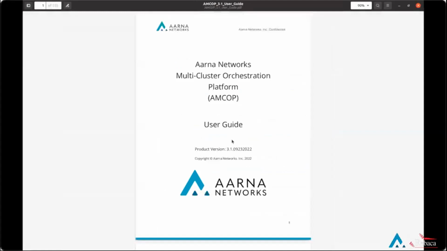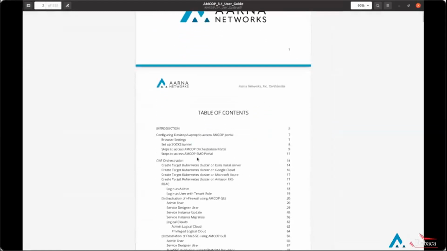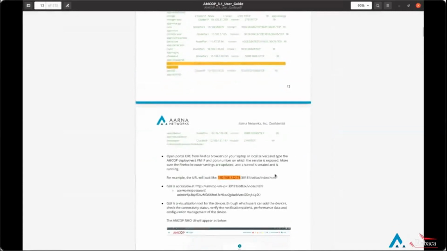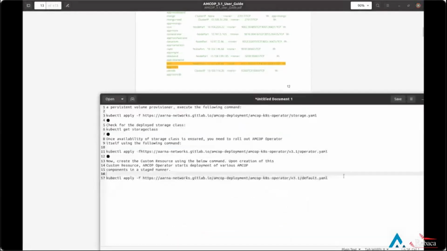We'll refer to the user guide for accessing the SMO portal. So here we have a section called steps to access AMCOP SMO portal. Go to that page, and this is the URL for the AMCOP SMO. AMCOP SMO is a web-based UI where you'll be using your browser to log into the SMO. So here this 192 series IP will be your VM IP, and you need to replace it with your respective VM IP. So let's copy paste this URL here,